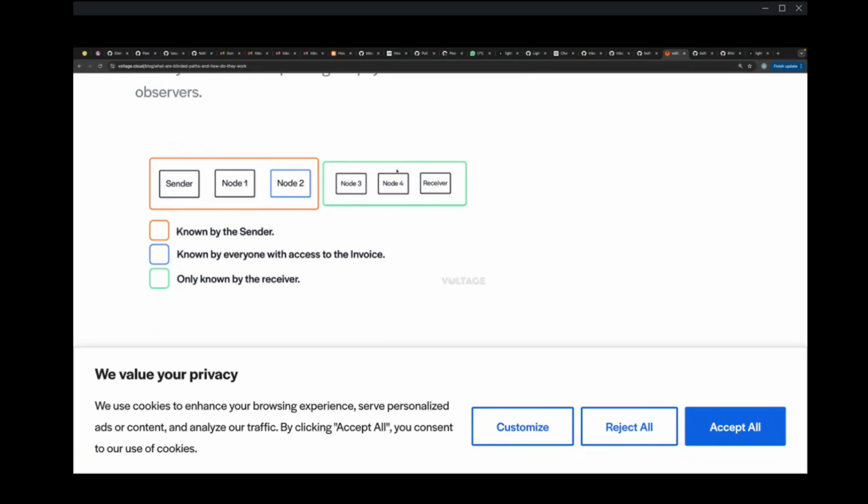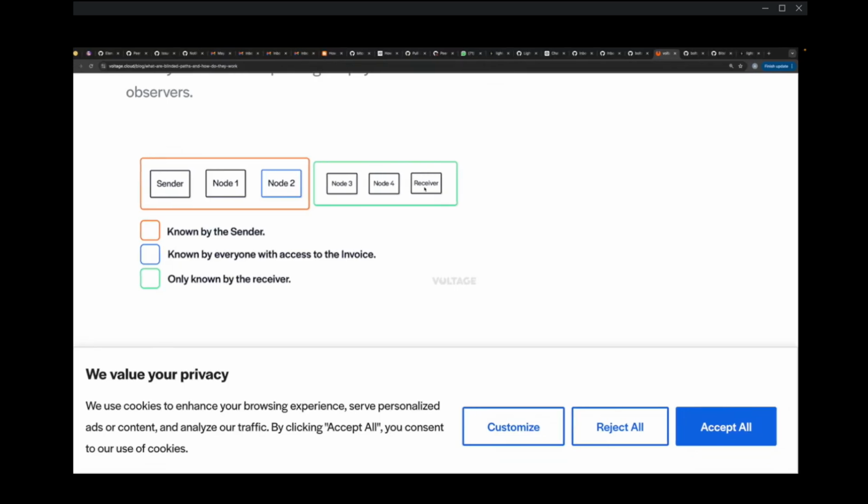So here node 4 would obviously know that it's passing over to node 5, but node 4 is not sure if node 5 is the final destination of this packet, or if it is going to redirect it to some other node. So it maintains the privacy of the vendor that is receiving the payment. So how this happens is,